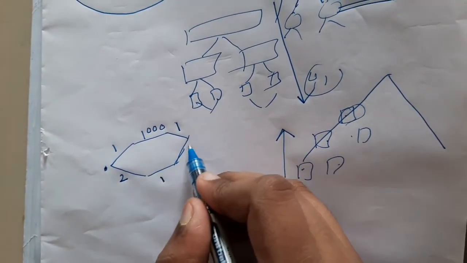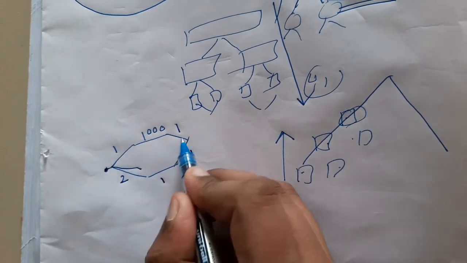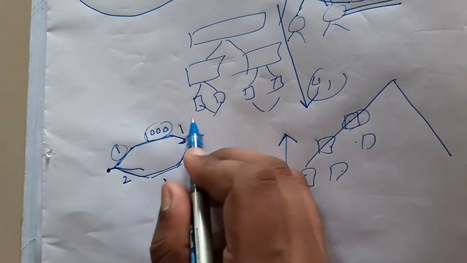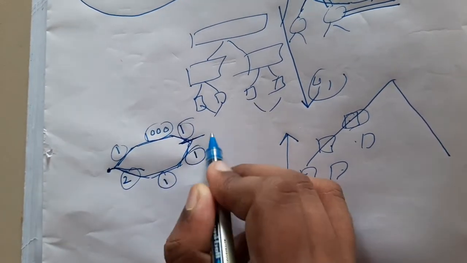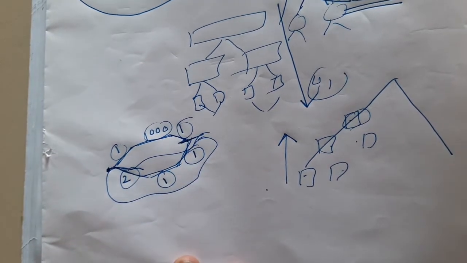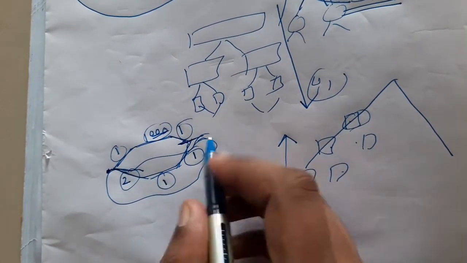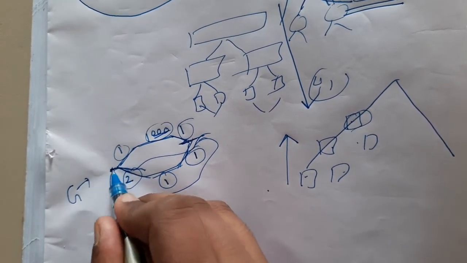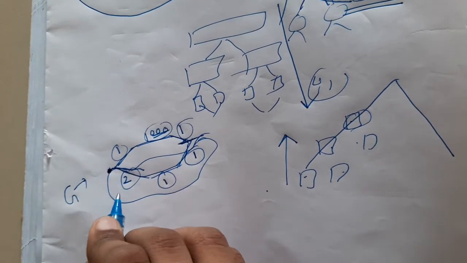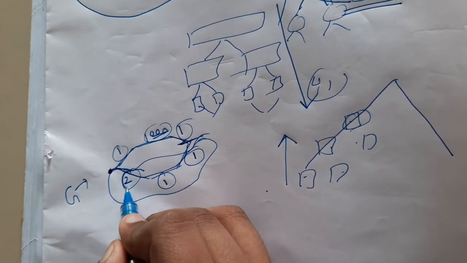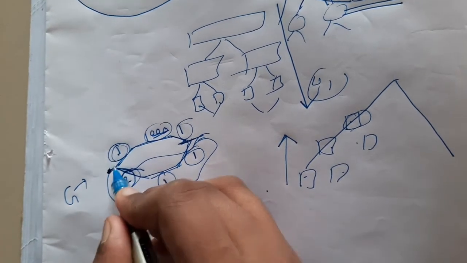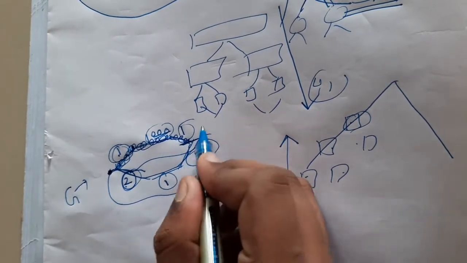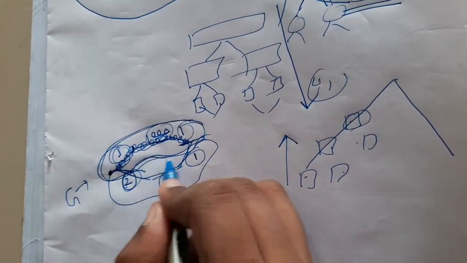Basically, if you want to travel from here to here and there are two paths, with these being the cost of the ticket, what will be the optimal path? If you ask a common human, he will say I'll select the below path. Why would I select the 1000 path, he will say. Whereas if you give this to a computer with a greedy algorithm, it comes here and checks what is the minimum: 1 or 2? I should not select 2 because 2 is greater than 1, so let us go in the one path. After that there is no choice, so it will go on the 1000 path and then the one path. So this is the drawback of the greedy approach.